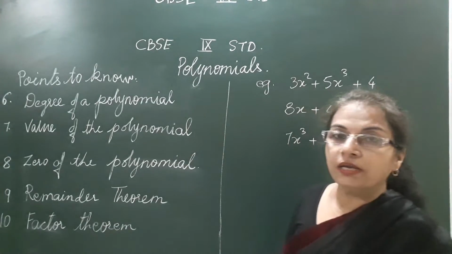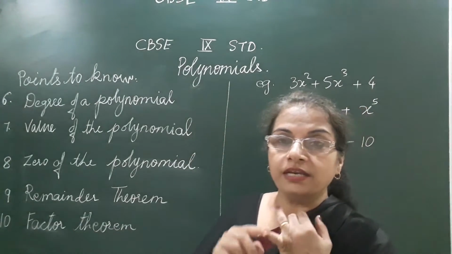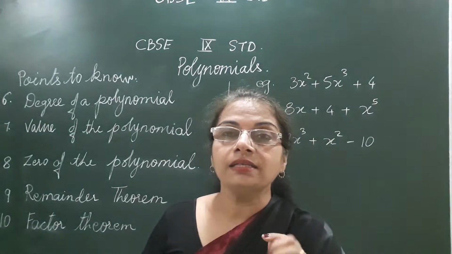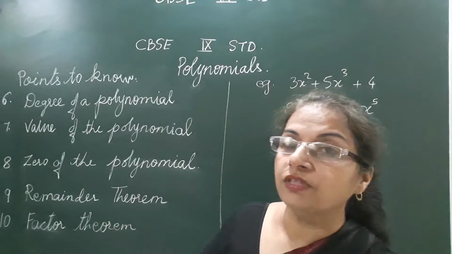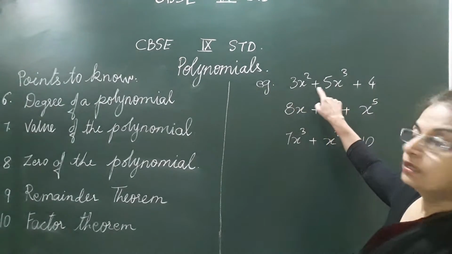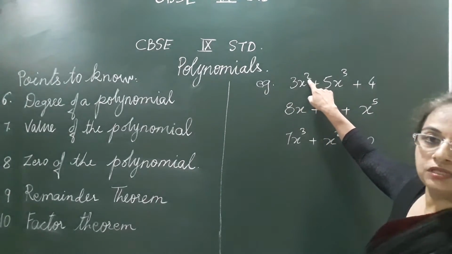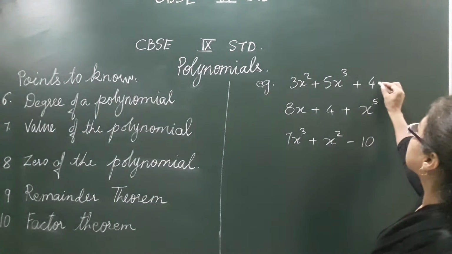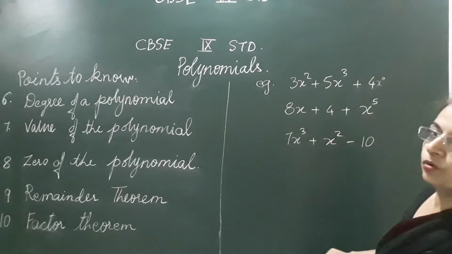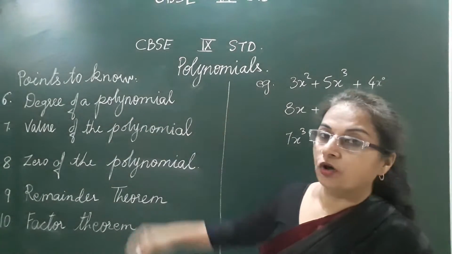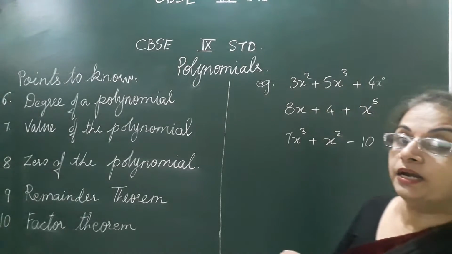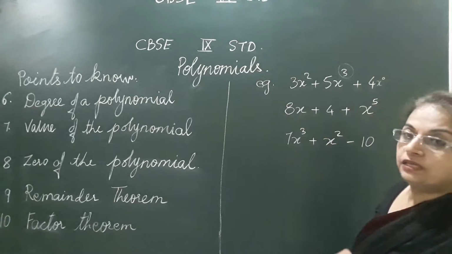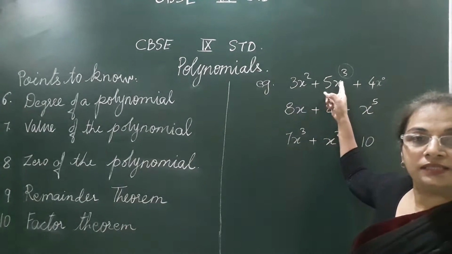Now, degree of the polynomial: yesterday I taught you there is a variable, there is a coefficient, there are operations, and there is a degree. The degree is the index, the number above the variable. For example, over here this is the index, or the power. Here 3 is the power, and in this case you can put x raised to 0. When they say degree of the polynomial, it means the highest index of that polynomial. Here the highest index is 3, so the degree of this polynomial is 3.